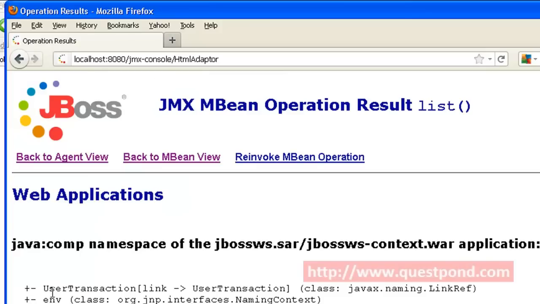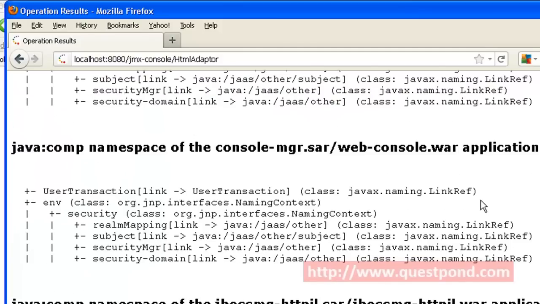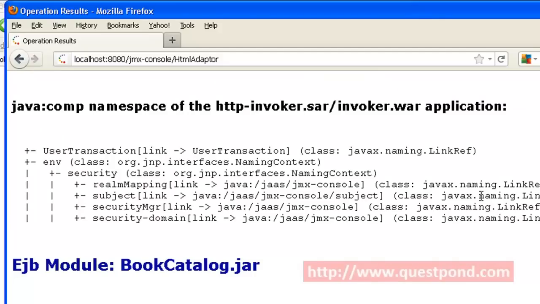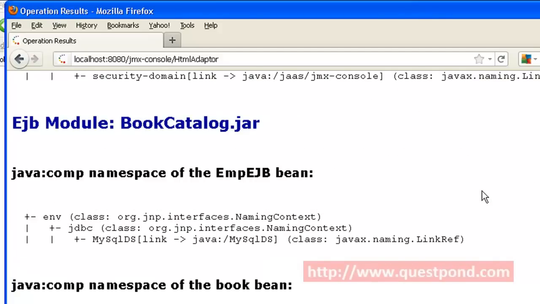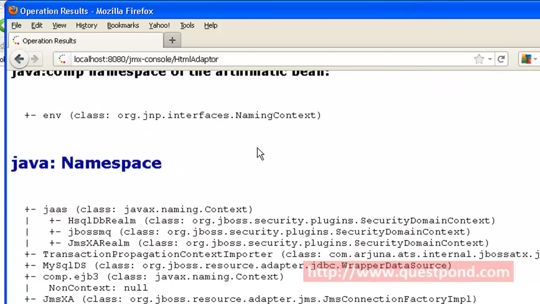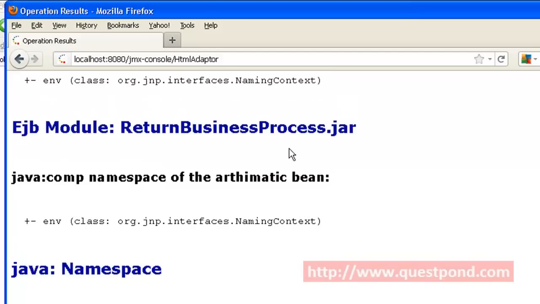So within this list we can check whether our EJB bean has been deployed properly. As you can see, a variety of applications are deployed, and this is the EJB which we should be concerned with, the return business process.jar. Since it is within this project, we contain our EJBs.